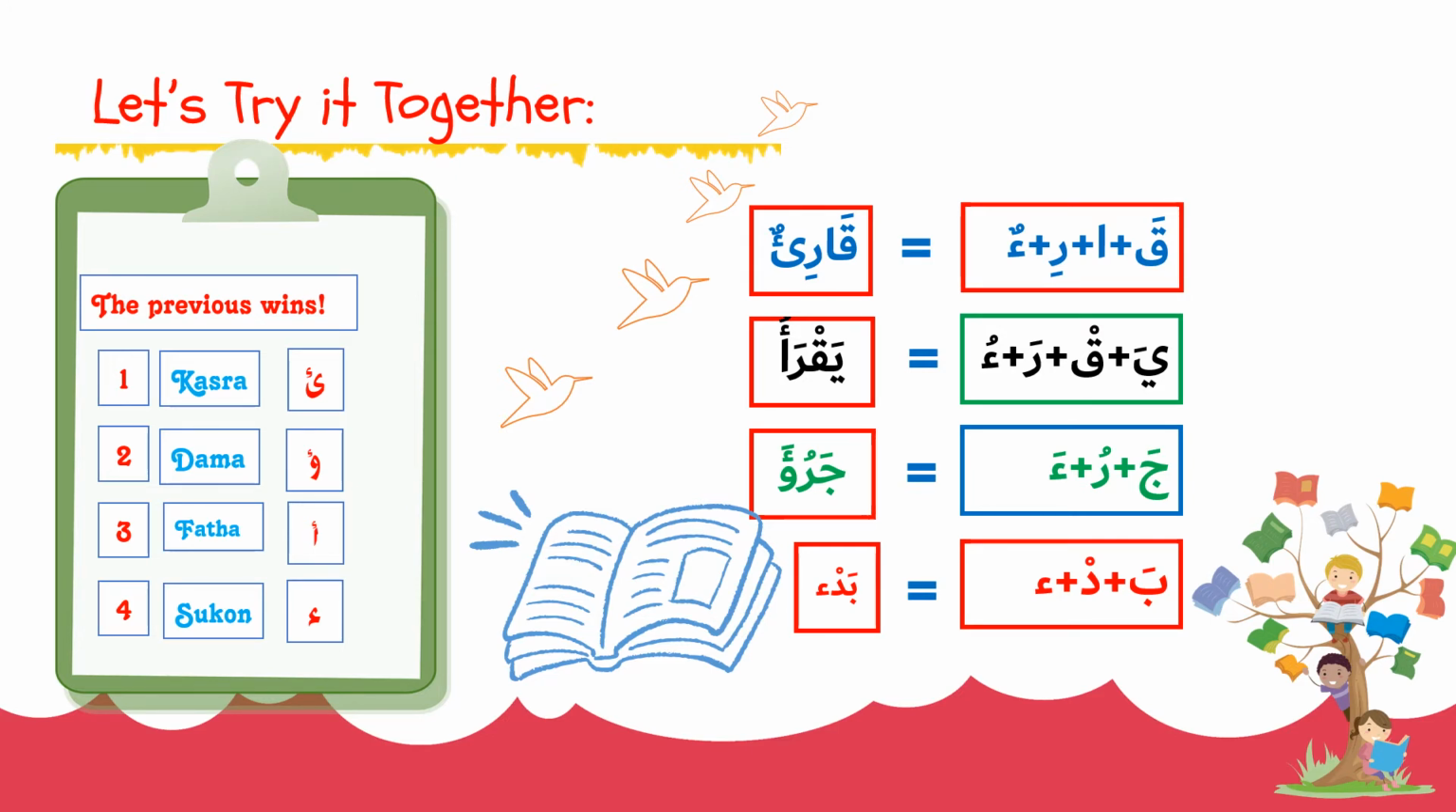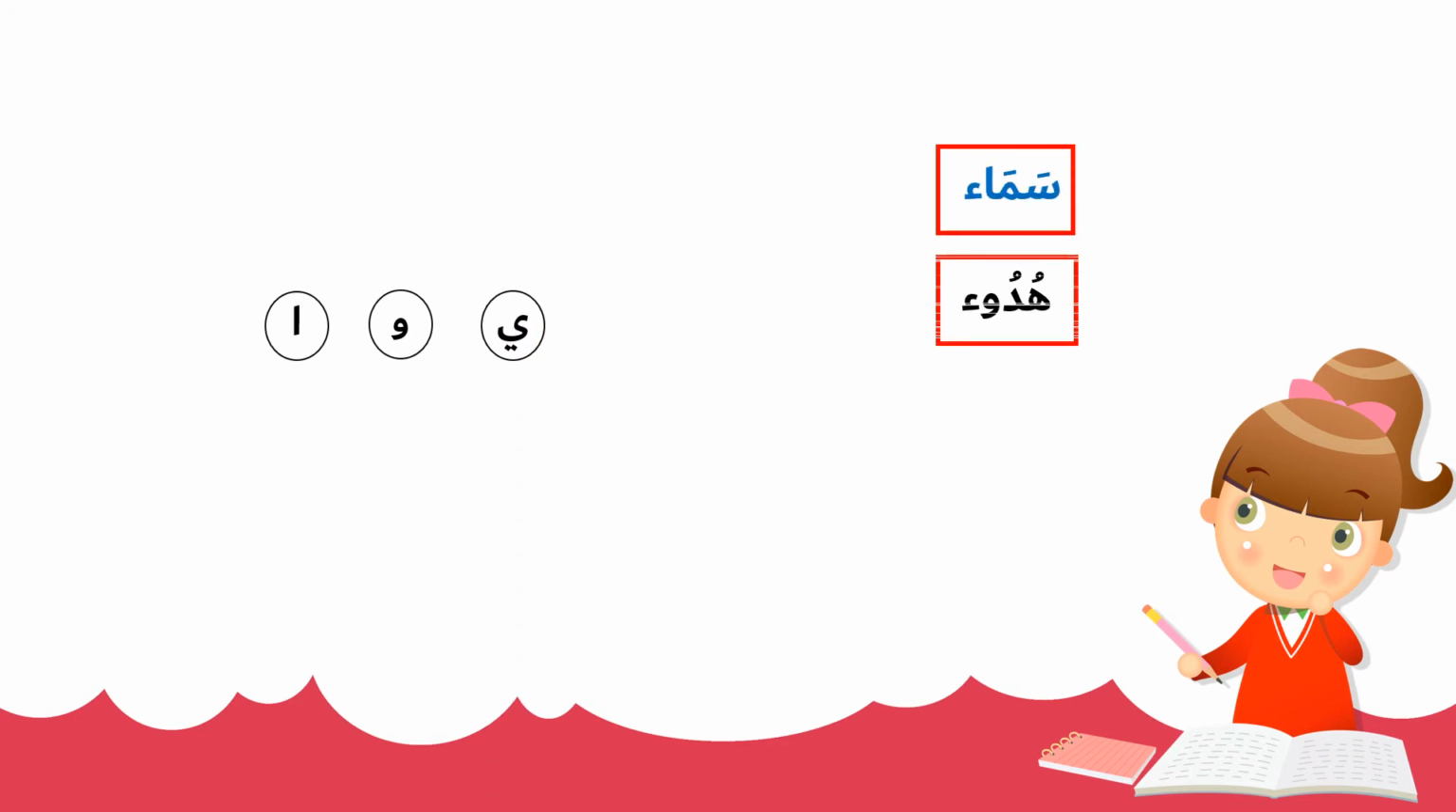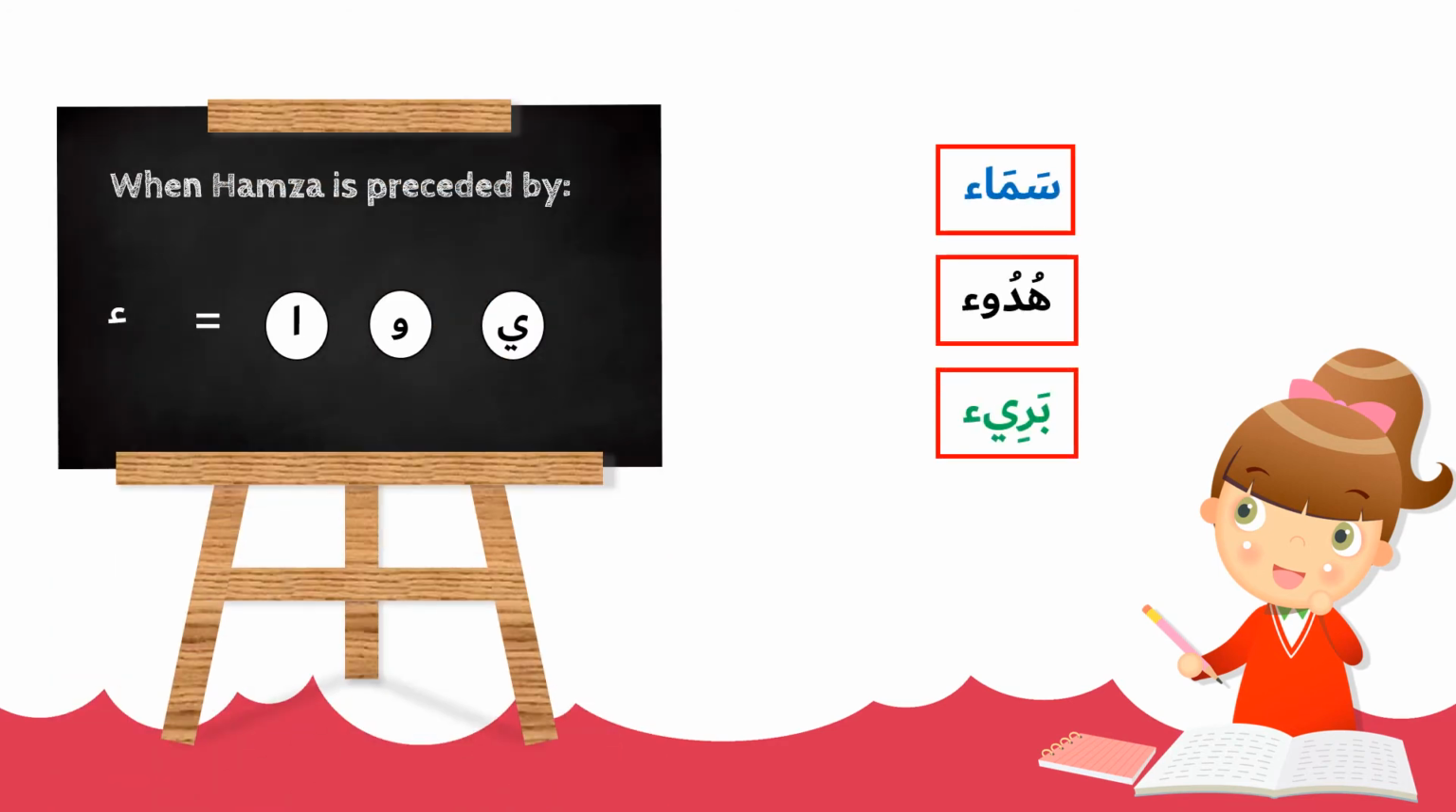Okay, there's something I want to tell you. Can you see here? When Hamza is preceded by any of these letters, which are alif or waw or ya, Hamza will be on the line. But remember that alif and waw and ya should be huruf al-illa, or huruf al-mad, the stretched letters. How can I know that they are stretched letters? It's easy and simple. Can you see this letter? This letter alif should be